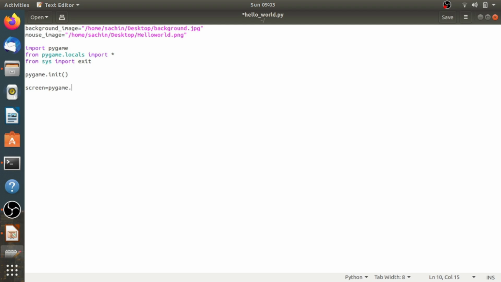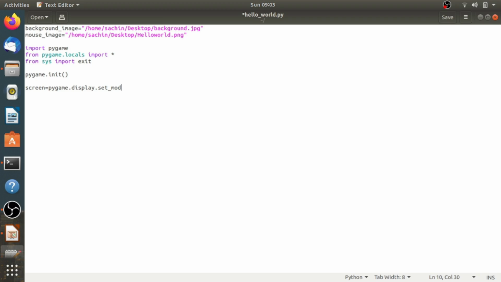The call to this function in our script returns the surface object representing the window on your desktop. So let's write screen is equal to pygame.display.set_mode,